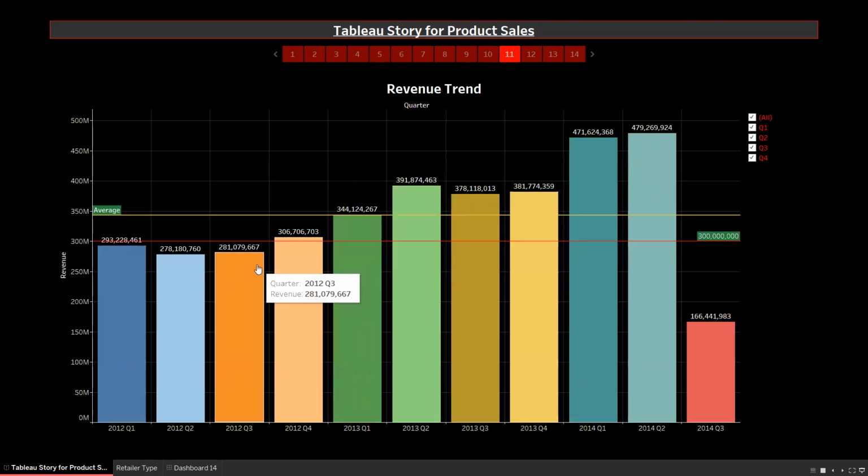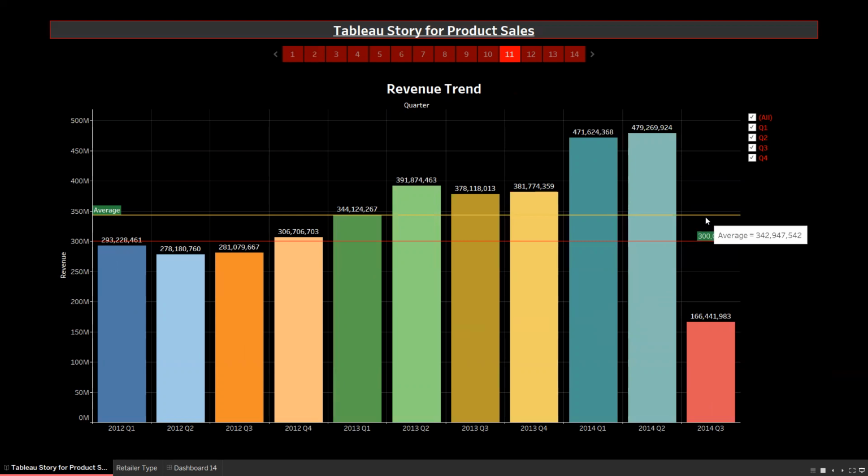Next is the revenue trend. On the y-axis we have the revenue. On the x-axis we have all the quarters from 2012 quarter one till 2014 quarter three. It tells us the trend, how much revenue was generated in each quarter. As you can see, the trend is going up by the quarters, but in 2014 quarter three, the revenue has dropped suddenly.